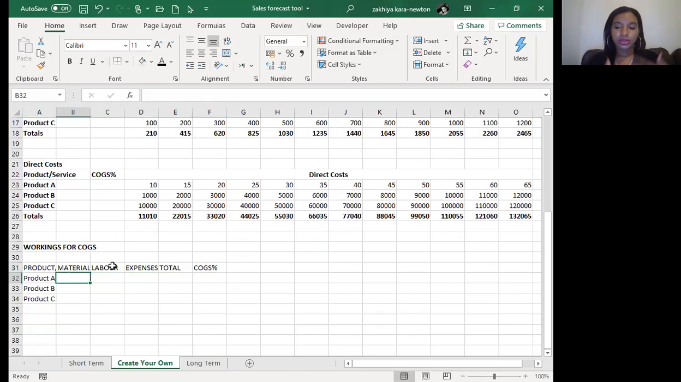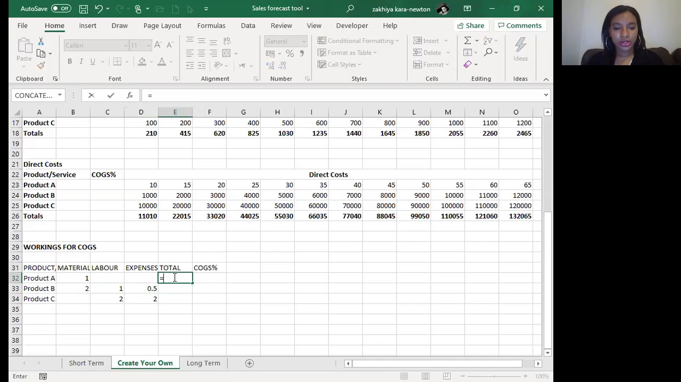Now it's up to you to figure out what is the material cost of each item. So I'm going to go with 1, and there's no labor and no expense for this one, and this one 2, 1, and 0.5. I'm obviously making it up. Please don't make it up for you. No labor cost. Let's go 2 and 2. Once you've got your elements, the material, labor, and expense elements of each item,